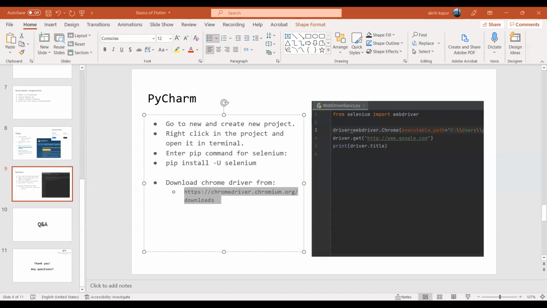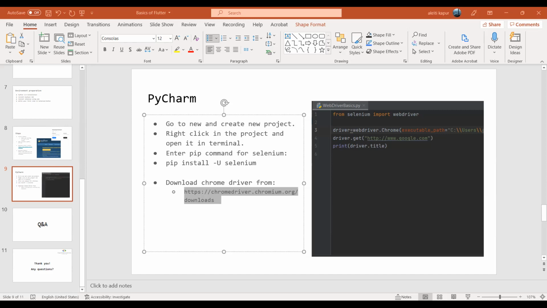So here we know that Python was giving an error saying that it is deprecated. To avoid the scenario, we went to import from Selenium WebDriver.